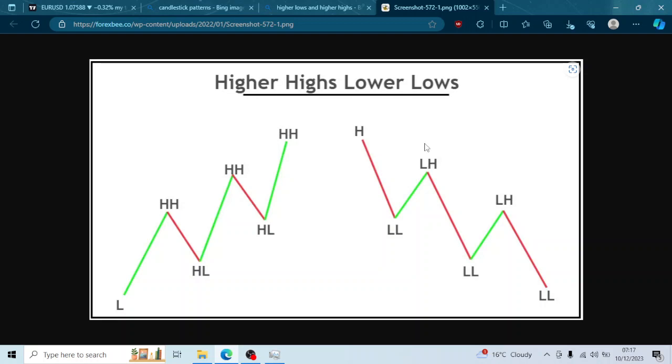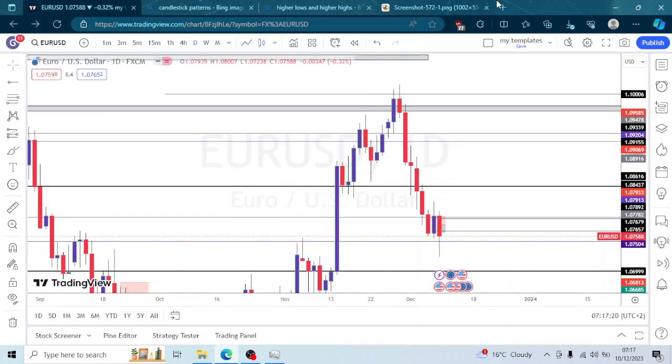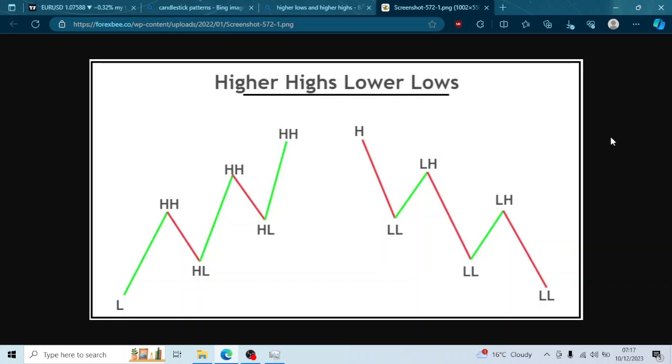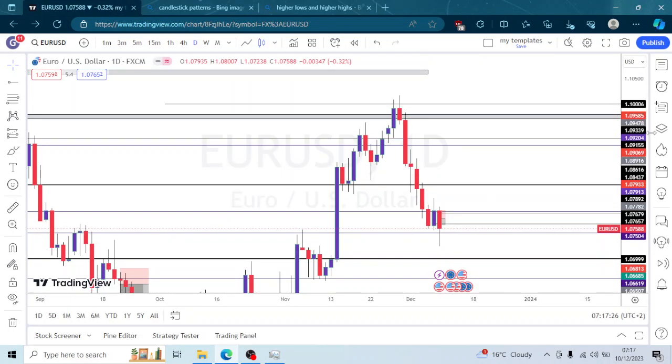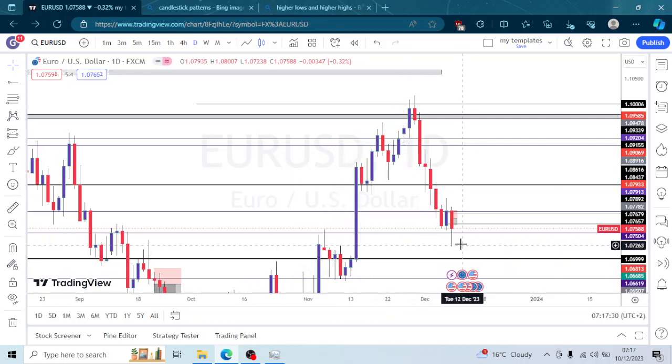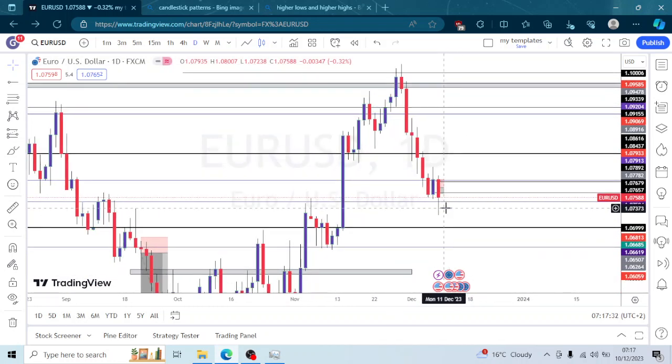That's basically the structure of a bearish trend, the structure of a bullish trend, a buy market, the structure of a sell market, right? This is market structure. Basic market structure. This is market structure in a trending market, let me put it that way. This happens a lot in Forex. It's really rare in indices. Indices is mostly when there's a huge rally. But anyway, as you can see right here,